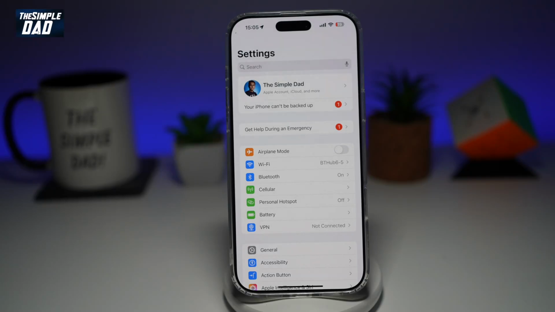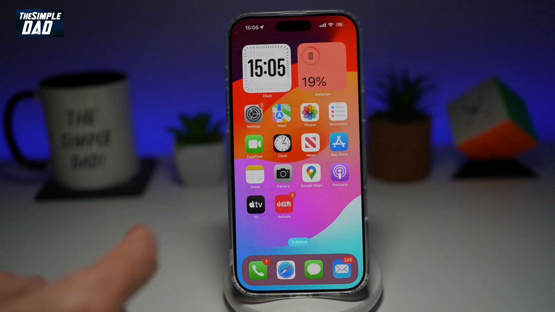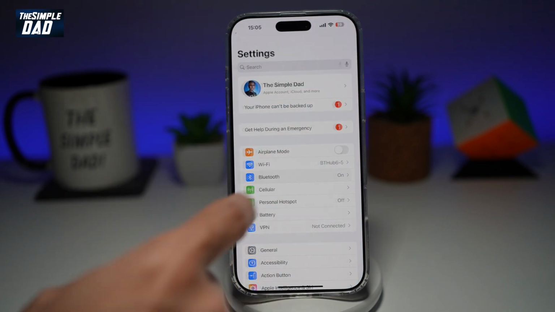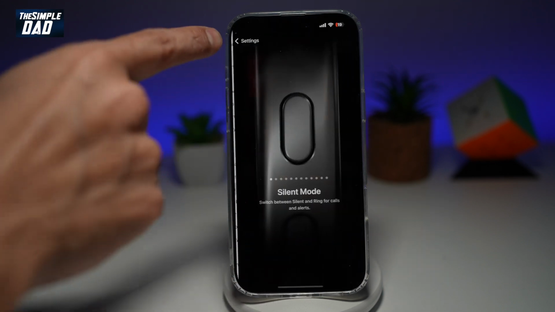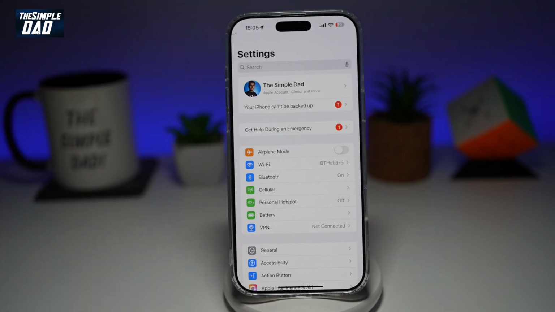Welcome back everyone. In this video, I'll show you how to go back or swipe back to the previous menu on your iPhone. So this is a trick on your iPhone where if you're going through the settings menu and you want to go back, instead of pressing back at the top, you can just use the swipe gesture